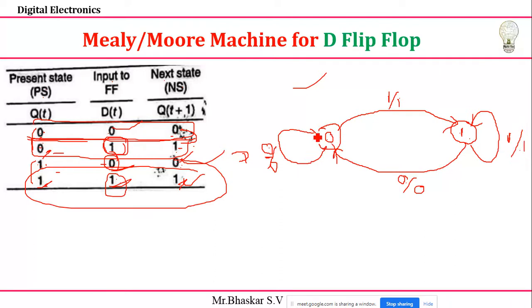The clear explanation you'll get with another flip-flop. Here, with the D flip-flop, D as well as Q of T should be the same, that's why you can't see the exact difference. But when it comes to the D flip-flop, inputs and outputs are the same. See, that's what I'm explaining here: 1 bar 1, 1 bar 1, 0 bar 0, 0 bar 0, same thing you are getting here. But when it comes to T or JK or SR flip-flop, these values will change. Is it clear how I'm going to represent these? Outputs, these values only I'm representing after these inputs. Is it clear, Pa?